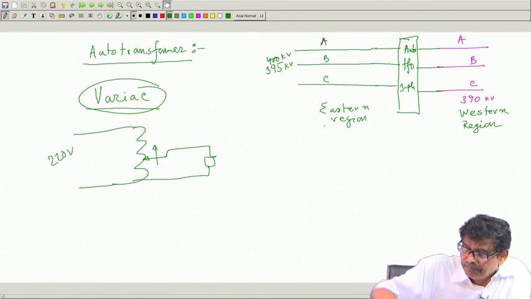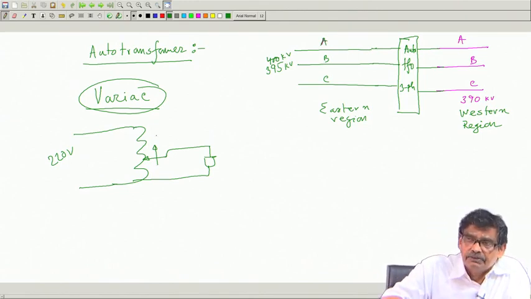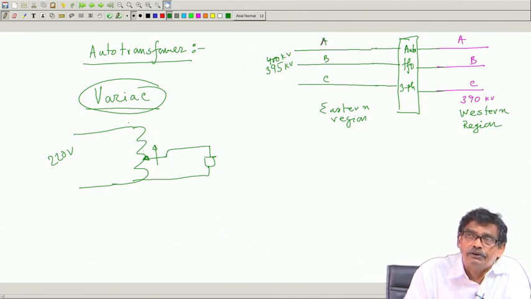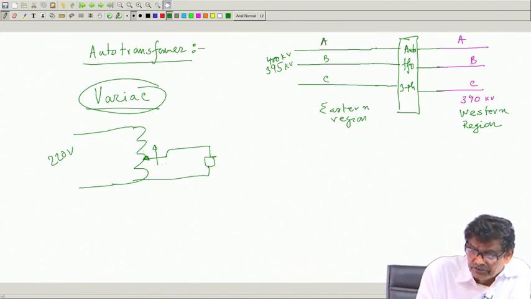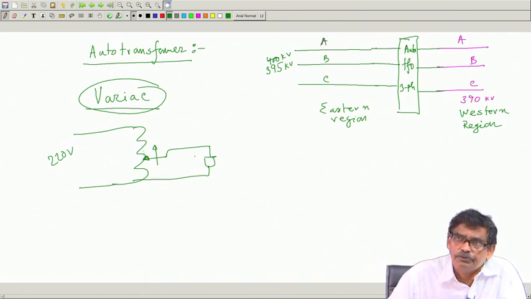So, there is a pointer there which you can vary by rotating a shaft, through a carbon brush. It is connected, you touch different segments of the turns, and gradually you can increase the voltage to the load. It is called a variac. The current distribution etcetera we have to find out from whatever analysis we have done, like that you have to do, no doubt about it.